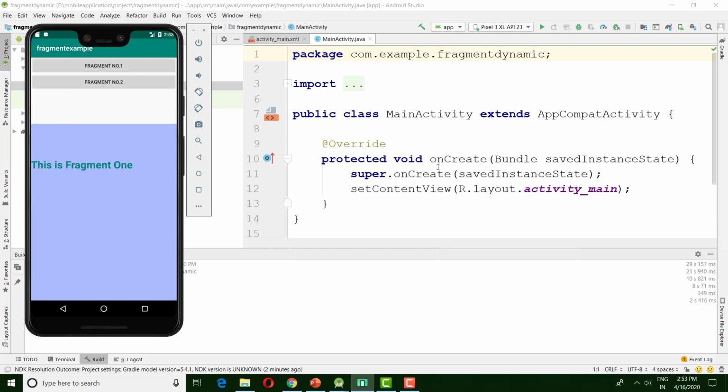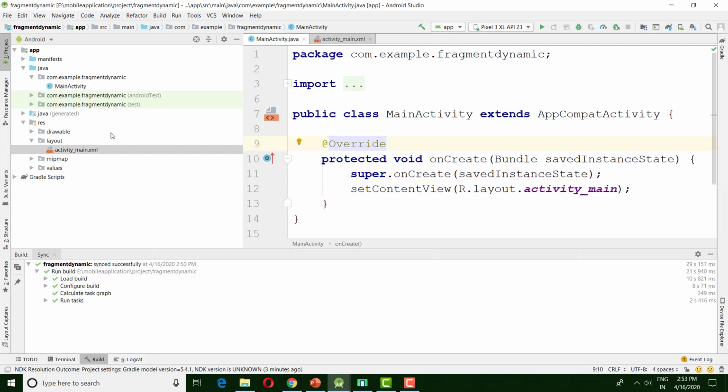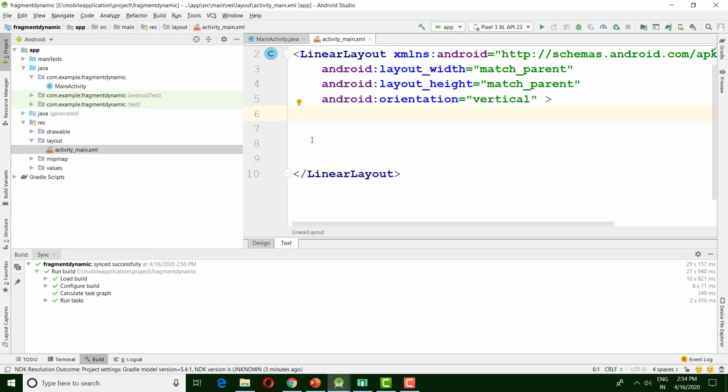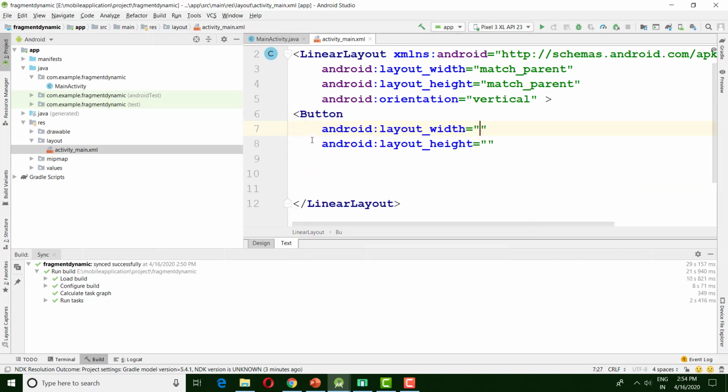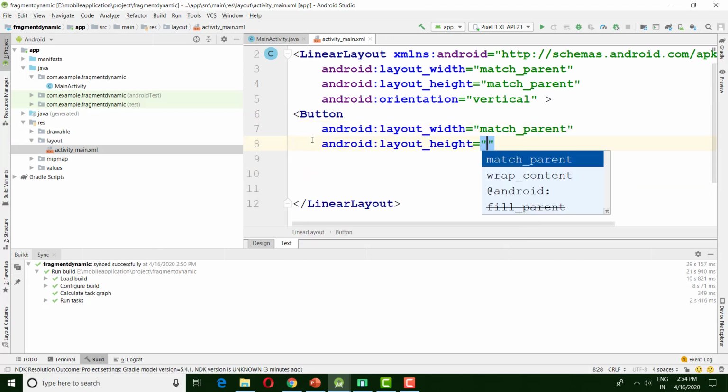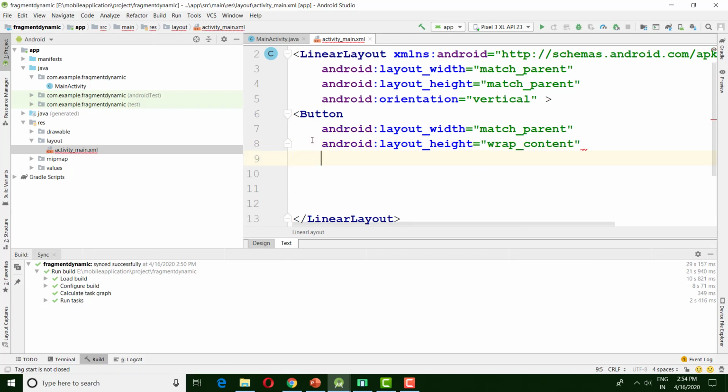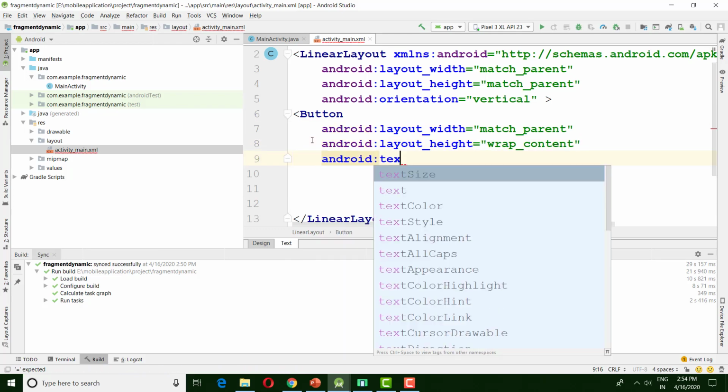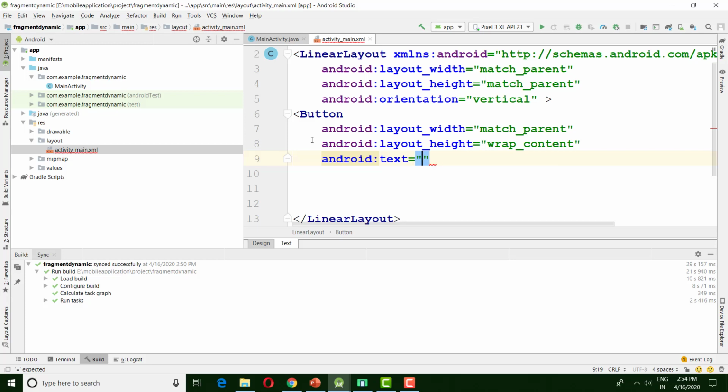So let's get started with the project. First step is to go to the activity_main.xml file. Here define two buttons, layout for both buttons, android:text, fragment number 1,